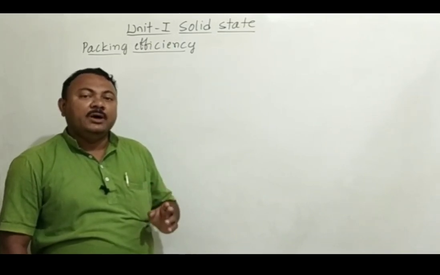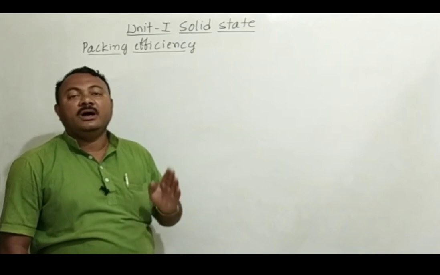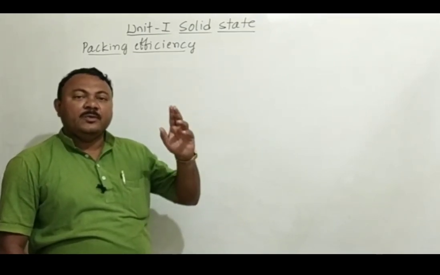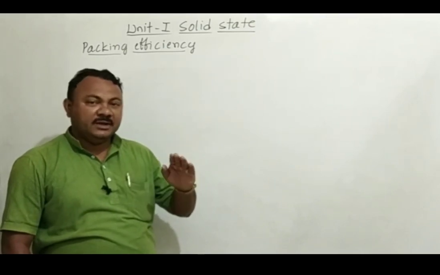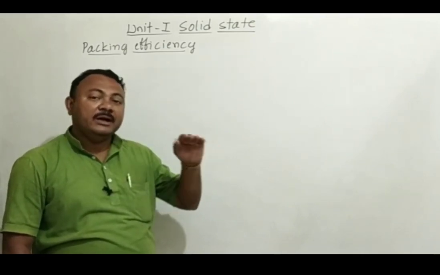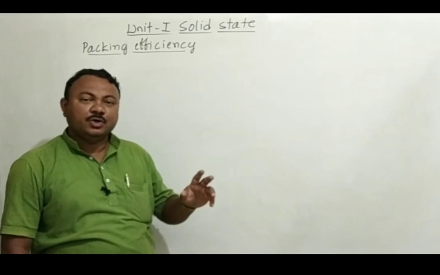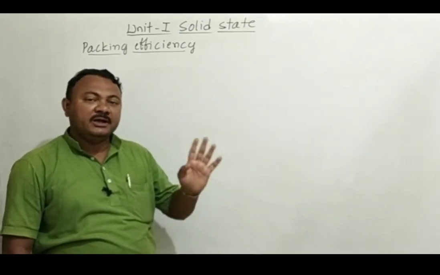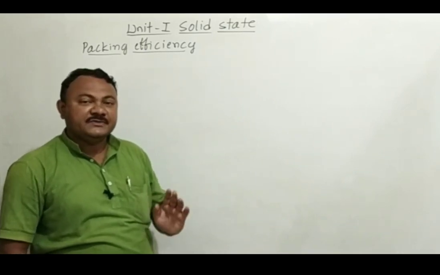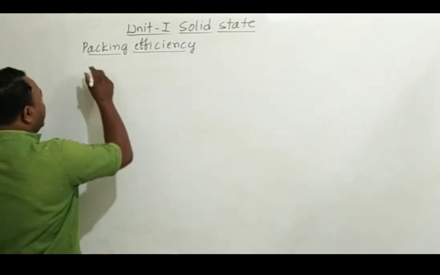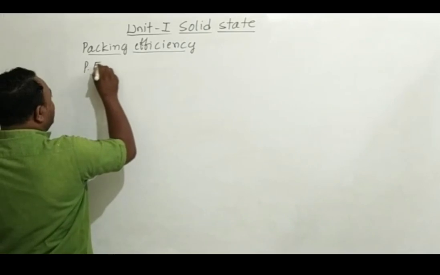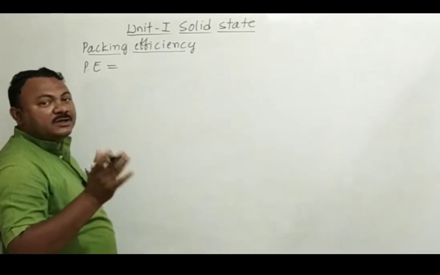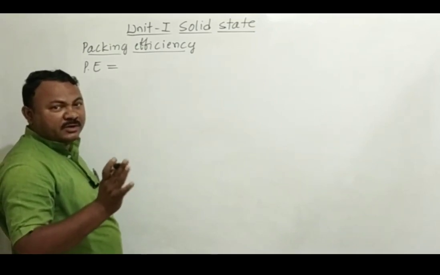What we do in this, we are going to first calculate volume occupied by the spheres. It's very easy. If you know the volume occupied by the spheres in the unit cell, divide that by volume of unit cell. It is nothing but the total available volume. Multiply by 100. Whatever the ratio you are getting, that ratio is called packing efficiency. Look at the formula for packing efficiency. I'm going to write in short as PE for packing efficiency. As I told you, it's not the standard short form. We are using it for our convenience.